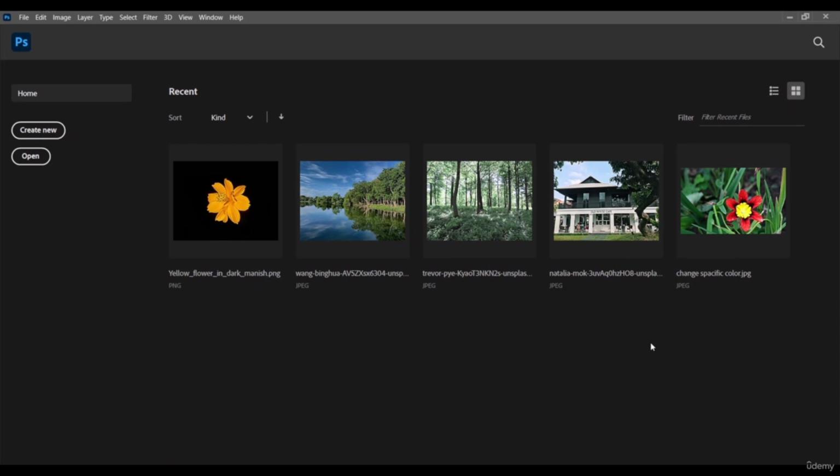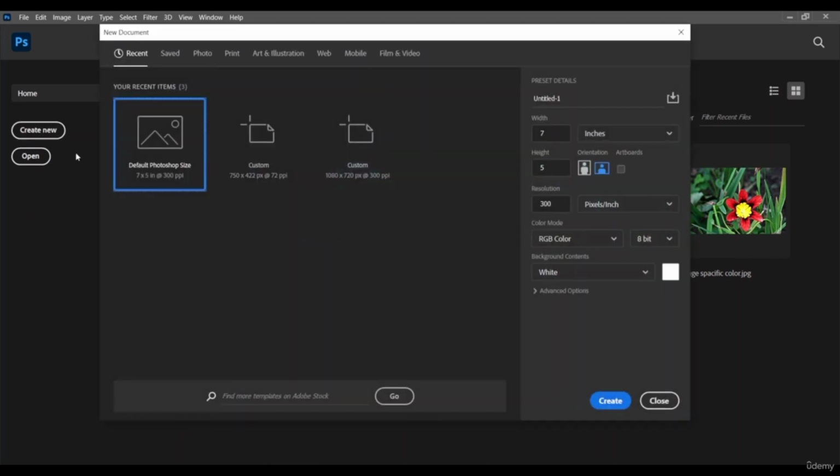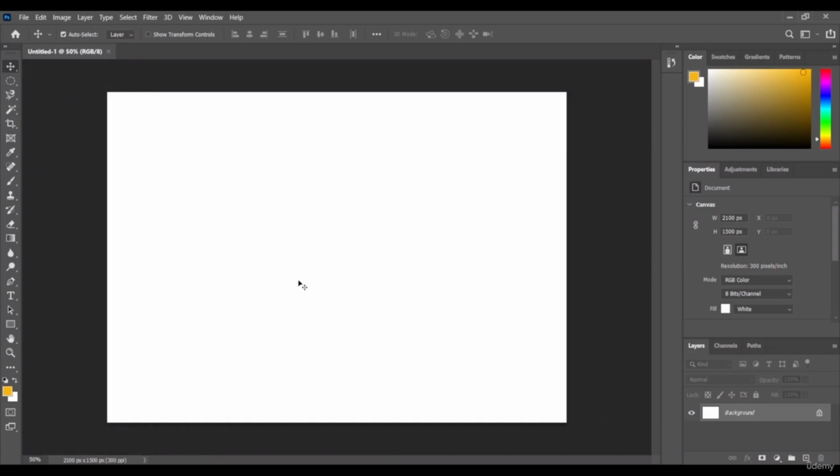Ladies and gentlemen, now we're going to learn about applying the gradient inside the text. So therefore I'm directly going to create a new option, and from there I'm picking the default Photoshop size. Now I will create a text first and then I will apply the gradient inside the text. For creating the text you have to use this horizontal type tool, and I'm going to type here